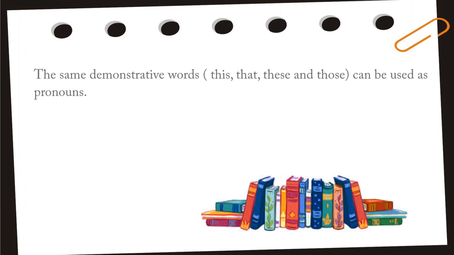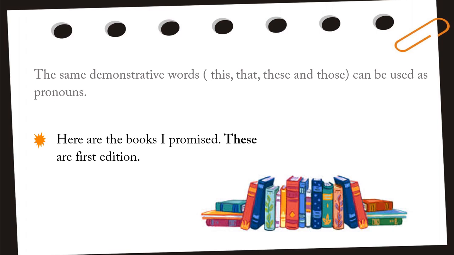Now, the same demonstrative words, this, that, these, and those, that we saw in the previous examples, can be used as pronouns in sentences. For instance, here are the books I promised. These are first edition. We see here in the sentence the word in bold is these, which is the demonstrative determiner. But here it's functioning as a pronoun, taking the place of the subject instead of repeating the subject again,